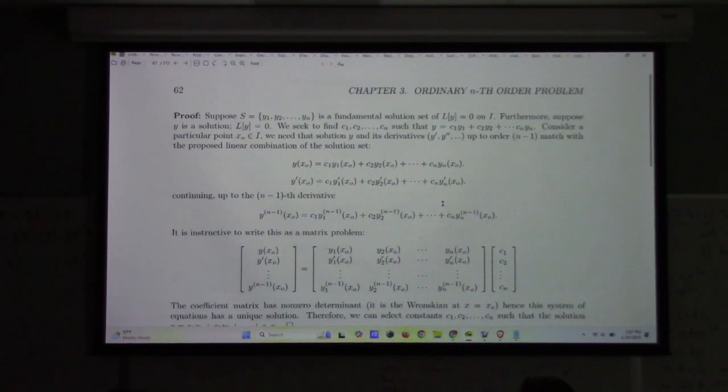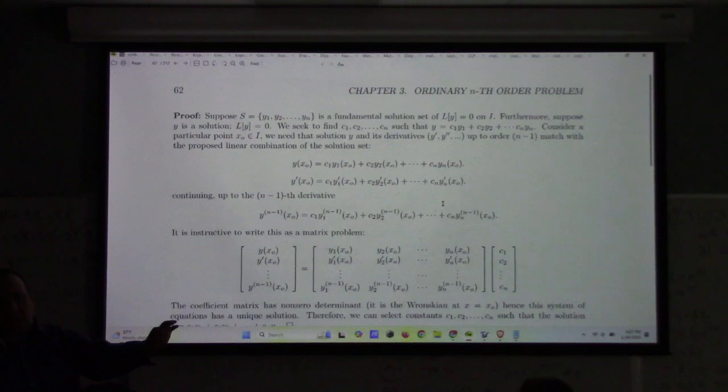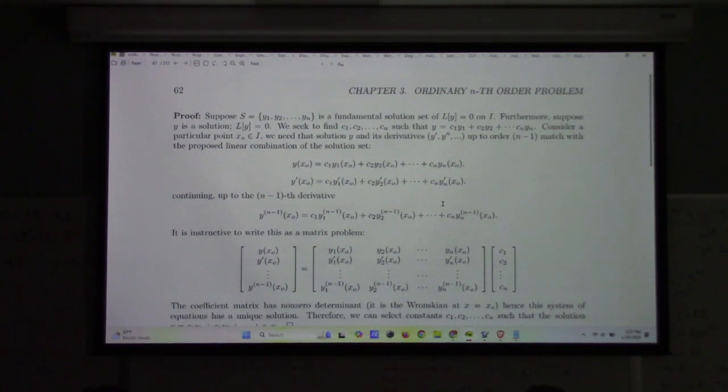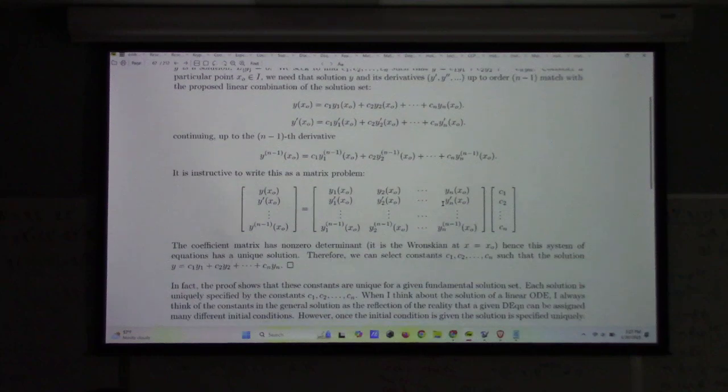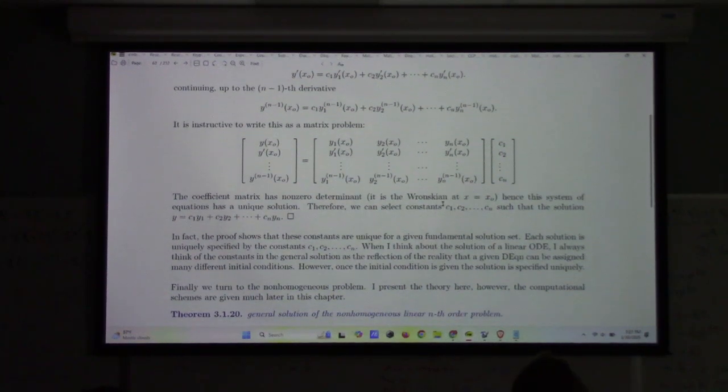And if you look at the proof of that theorem, inside this proof there is also an additional proof that there is a unique choice of the constants to form the solution from that fundamental solution set if you're given an initial value problem. There's going to be a particular choice of the coefficients C1 through Cn which will reach that set of initial conditions if you have it. And then finally,